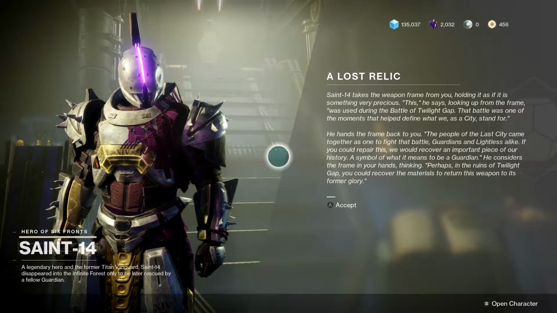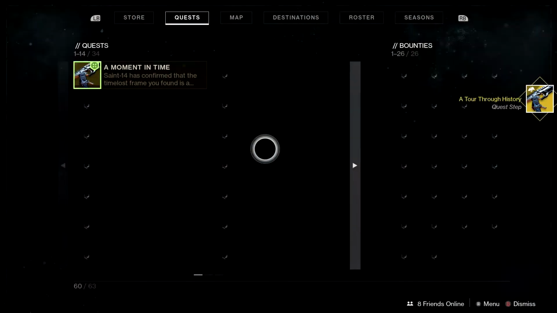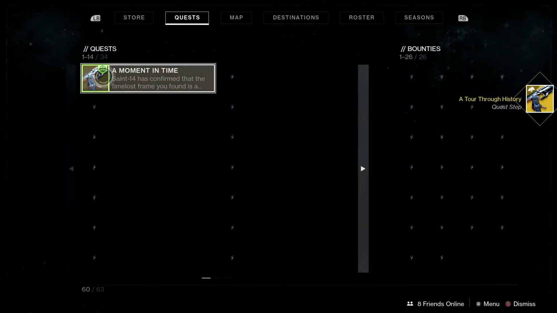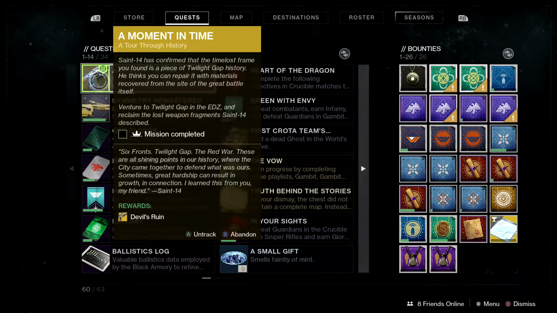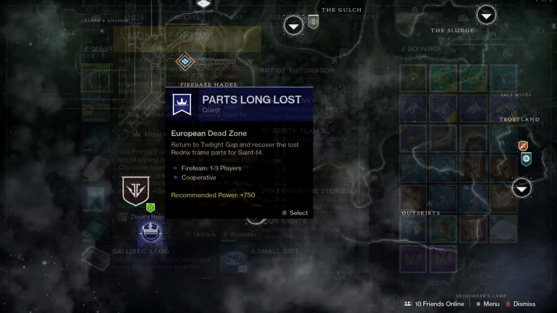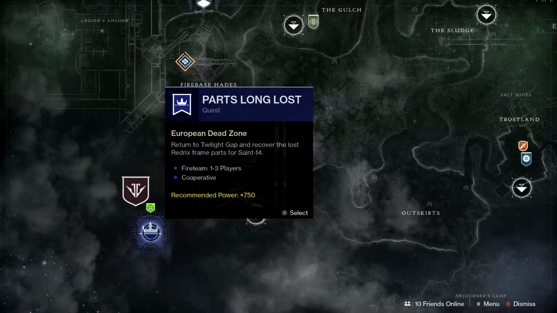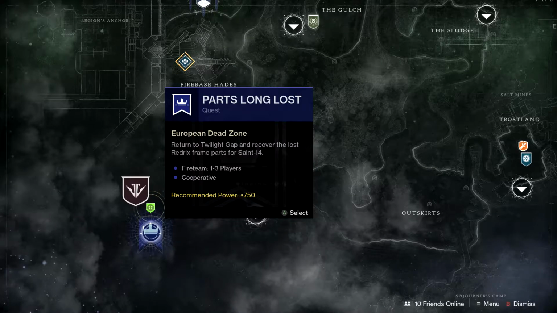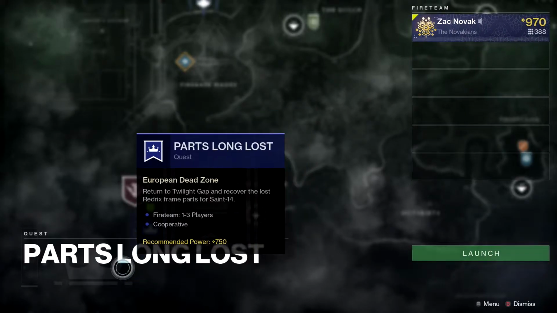What he tells you is to go to the Twilight Gap and search for some parts for him to reclaim this frame and get its amazing weaponness. When you go to the director, it'll say go to the EDZ. Start this mission called Parts Long Lost, and once you're spawned into this area, there is going to